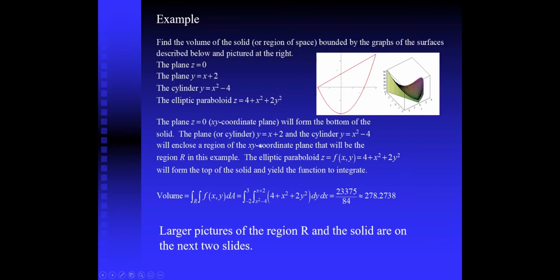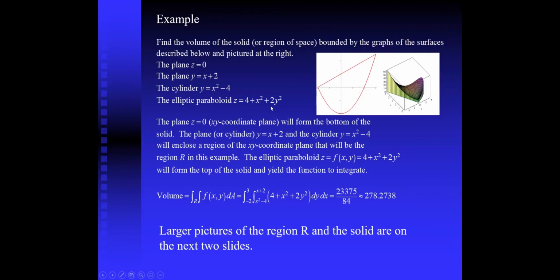So to compute the volume, we can actually model it as an iterated double integral, iterating over this region pictured right here. That's the base of the solid, where you can see x going from -2 to 3, and y going from the parabola up to the line. So if we iterate that, doing a dy dx iteration, we have y going from the parabola up to the line, and x going from -2 to 3, and then the argument for our integral would be